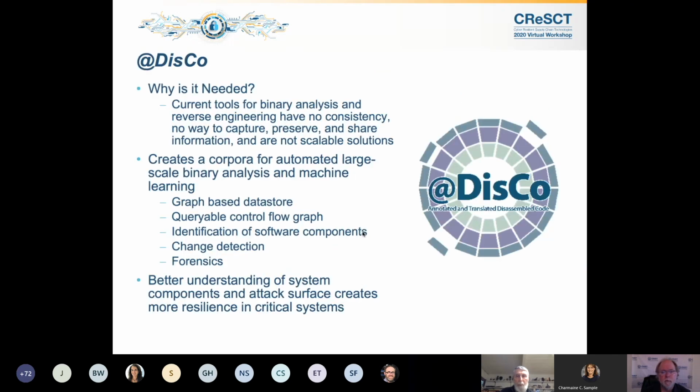So what we'll be talking about today is something we call @DISCO, which is an acronym for Annotated and Translated Disassembled Code. We developed @DISCO for the purpose of having a tool set to do binary analysis in a consistent way that's automatable and shareable. One of the big challenges that we face as reverse engineers is that the currently available tooling that is commonly used is not